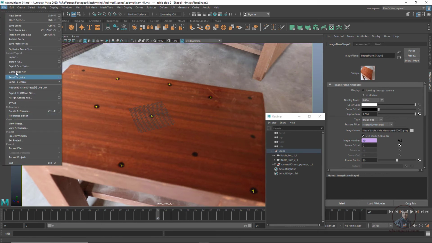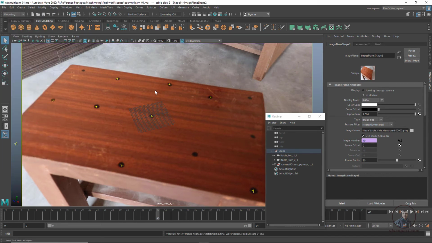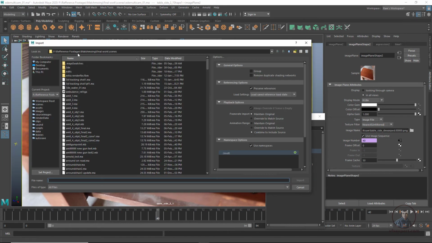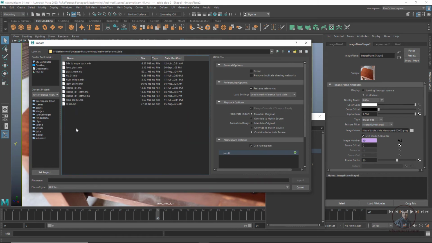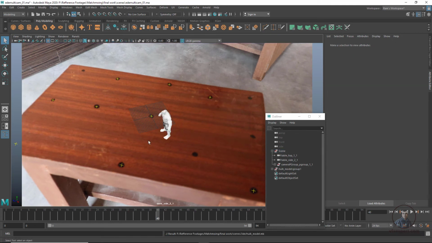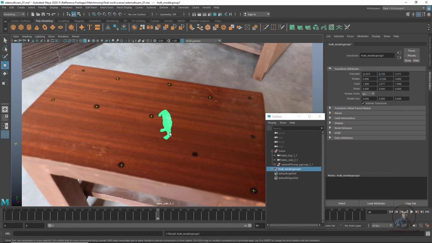So till here, save our project. After that I am going to import a model. Click on File, then click on Import, then select your model or folder. So here the Hulk model. Then click on Import. Before importing, if you want, you can orient your scene in Maya. Now switch to the top grid here. Then select this one, press up arrow, W, V, just snap this model onto this point. Now scale a little bit and rotate.